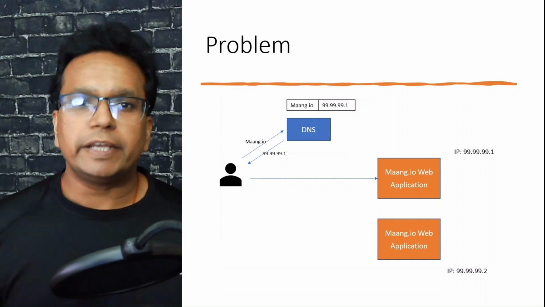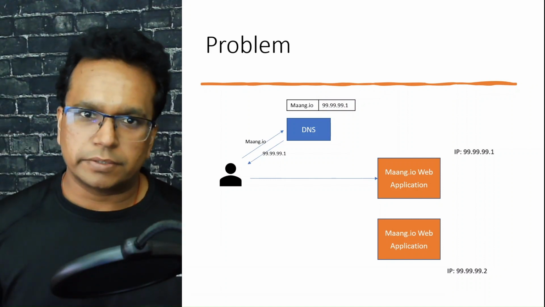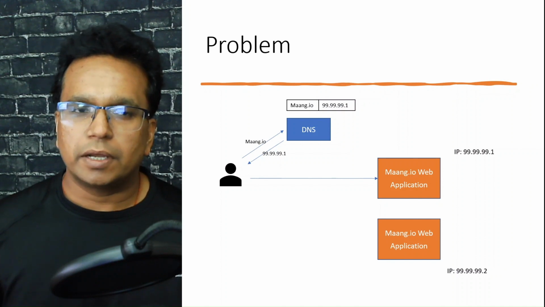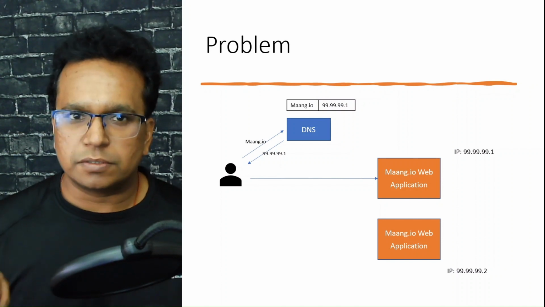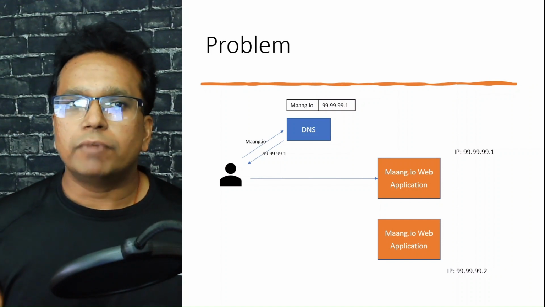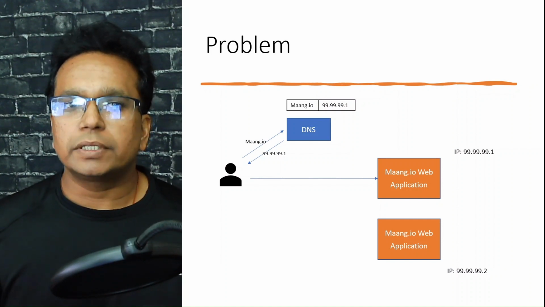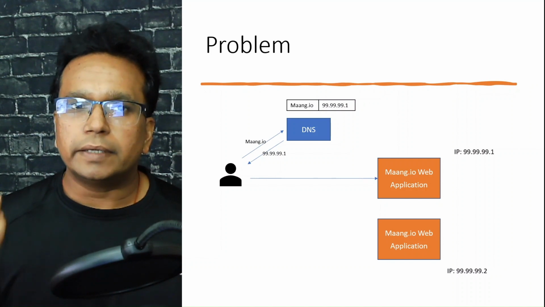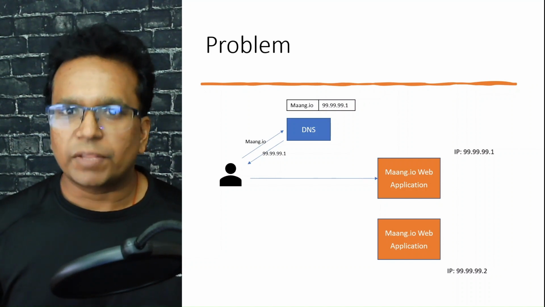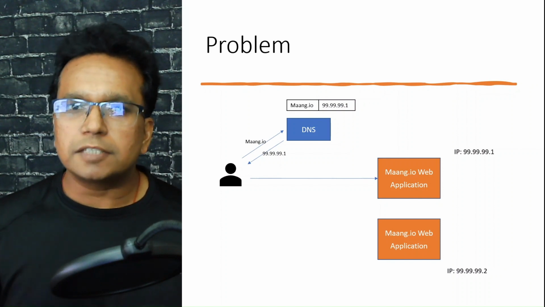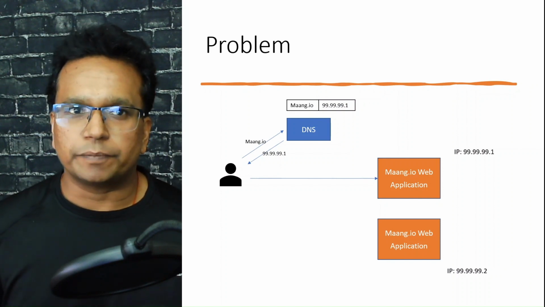So even if I have deployed another instance of my application, there is no way the users are coming to it directly. So what I have to do is register another entry in the DNS for this IP address. That is where DNS based load balancing comes into the picture.